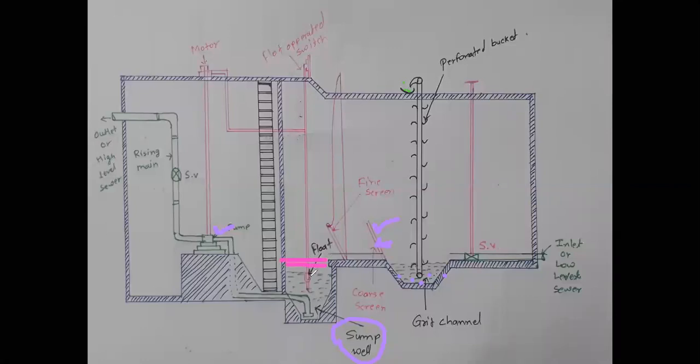Once it goes up, it will operate automatically and convert into the on position. And if the level of sewage goes down and reaches up to this, in that case automatically that switch will come down and become off. That's why it is called a float operated switch. Automatically, it will maintain the constant discharge with the help of the sump well or wet well. Are you getting it? With the help of the sump well or wet well, we can keep the discharge constant.